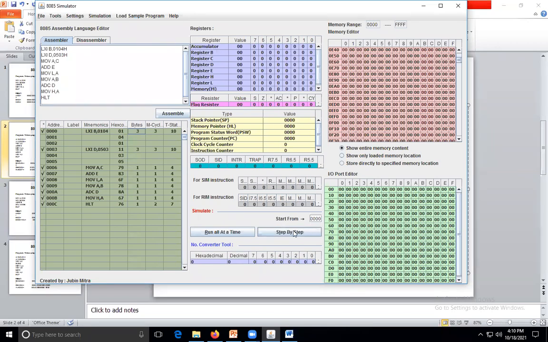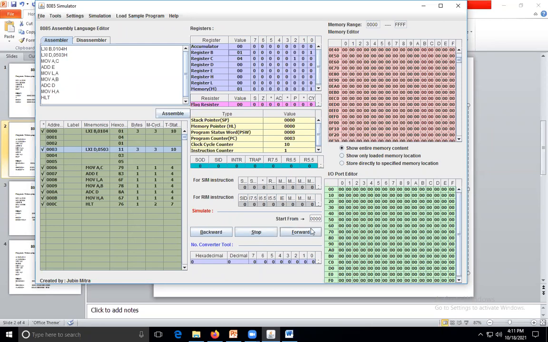The first instruction stores register B with 0.1 and C with 0.4. So the higher byte 0.1 is stored into register B and the lower byte 0.4 is stored into register C. Automatically it creates a pair of B and C: lower byte at C and higher byte at B. This is the first instruction.